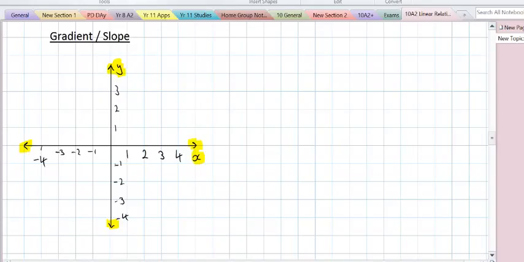Now, slope is a concept you'll have come across before, but if we were going to ask for the slope between these 2 points, we'd like to think of a couple of different ways to calculate it. Firstly, I like to think of that as a staircase, and as a little person is moving from left to right,